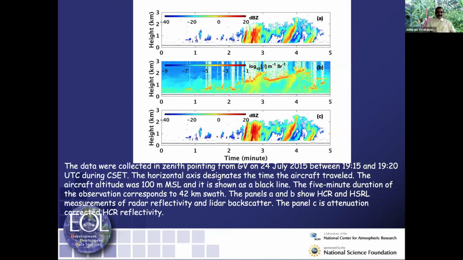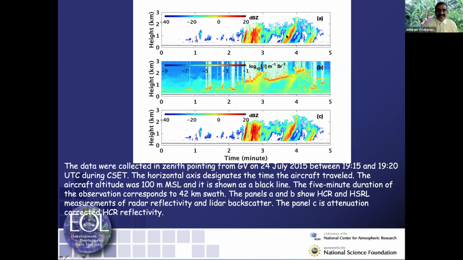They vary. If you look at the top panel, it shows 5 minutes of flight path. This is about 42 kilometer distance, 5 minutes. DBZ values, you can look at basically optically thin cloud, then optically thick cloud, then drizzle coming